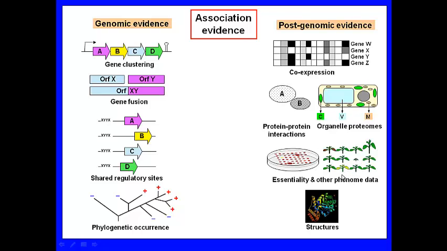And then last of all, we have structures which can be very helpful. Firstly, to classify a protein when it may not be possible to do that just from the primary sequence. At the very best, structures contain bound small molecules that are substrates, products, or related to substrates and products, and those can be really helpful clues to what the function is. It's not common, but it happens enough to be very valuable. So what you do with all these different kinds of evidence is you make predictions about functions. And when you've made the predictions, then you can apply the tools of biochemistry and genetics to test the ideas.